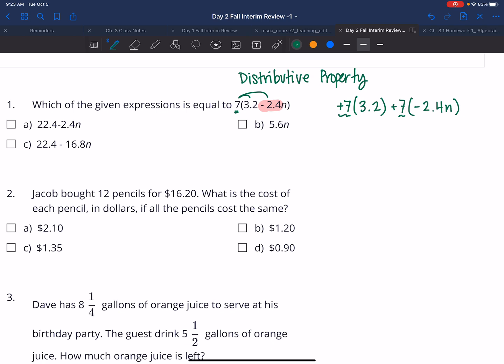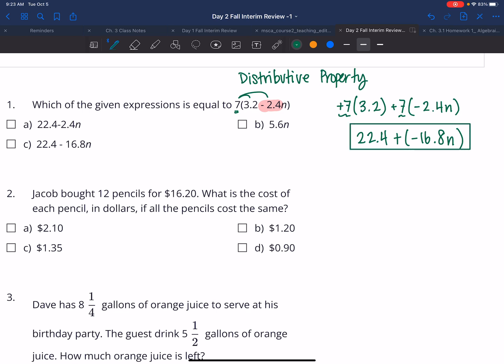So at this point, let's just use a calculator to figure this out. 7 times 3.2 is gonna be 22.4. Write it neatly. 22.4 plus, then you do 7 times 2.4. Remember, it's a negative 2.4. So it's gonna be negative 16.8n, right? So this is our answer, but hey, look, when we look on the multiple choice, we